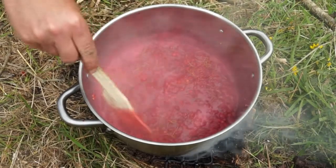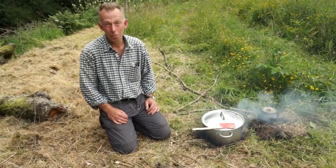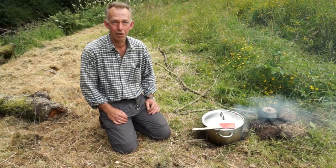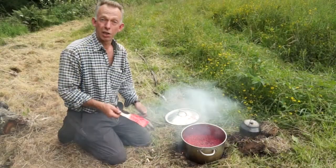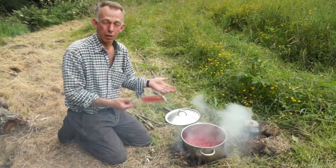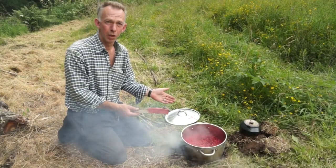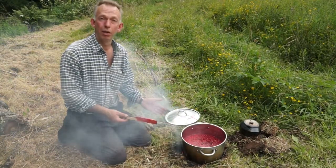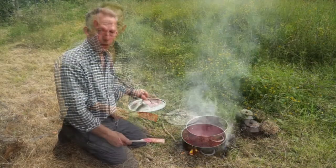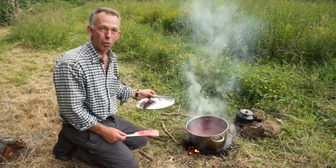So simmer for 10 minutes on a low heat. In High House terms, that means using big sticks rather than little sticks. So we've added the sugar into the mix, which there was 6 pounds of red currants, so we've just put 6 pounds of sugar in. Now turn up the heat and bring to the boil. It took about 15 minutes to bring it to the boil, so now we're going to boil it for 8